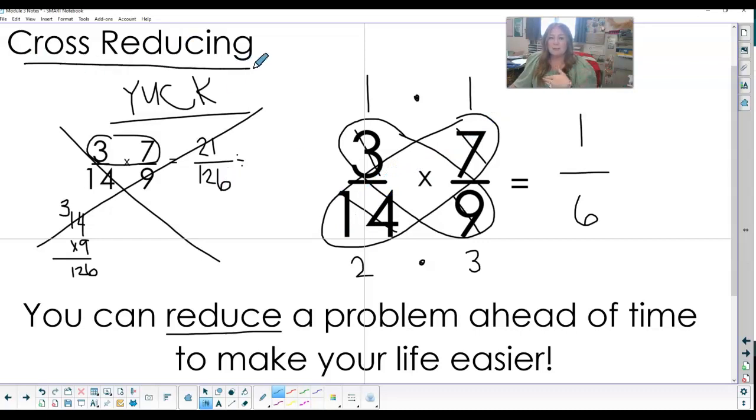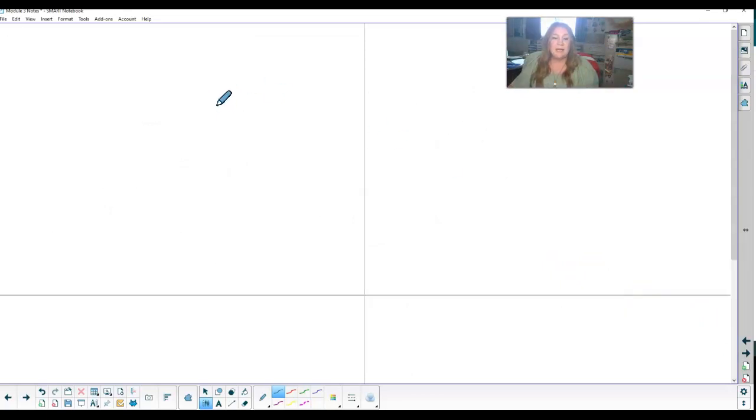It's called cross simplifying, or cross reducing. We crisscross: what can go in here? Crisscross: what can go in here? We want to make these numbers smaller and simplify them. So let's take a look at one more, right? If I have